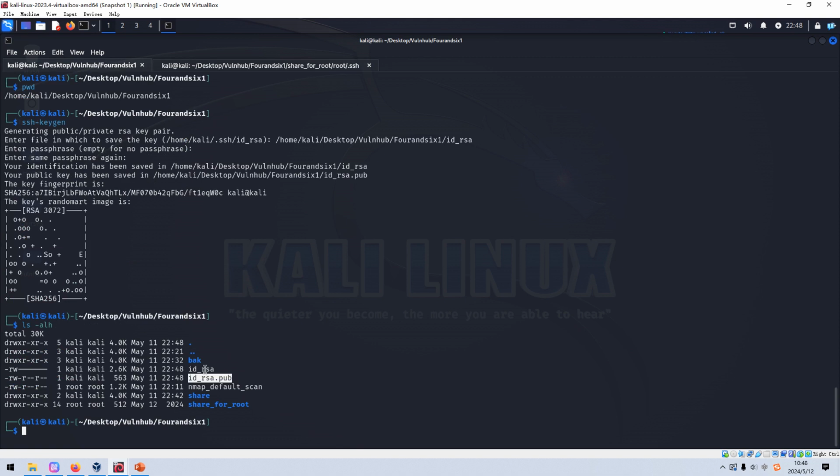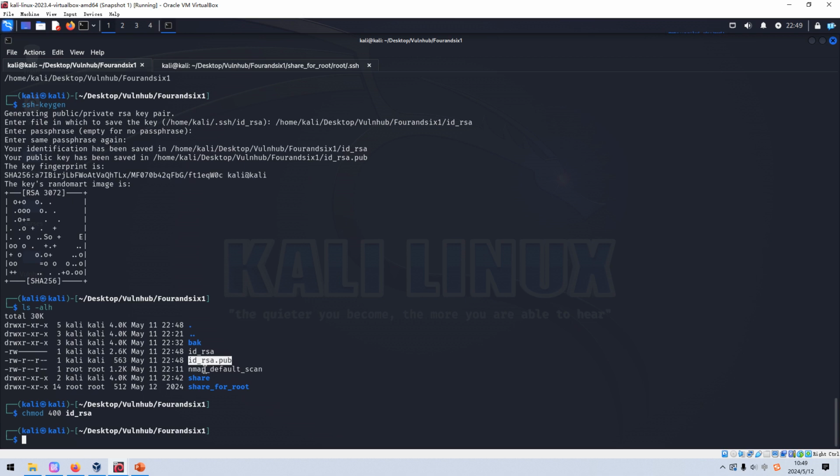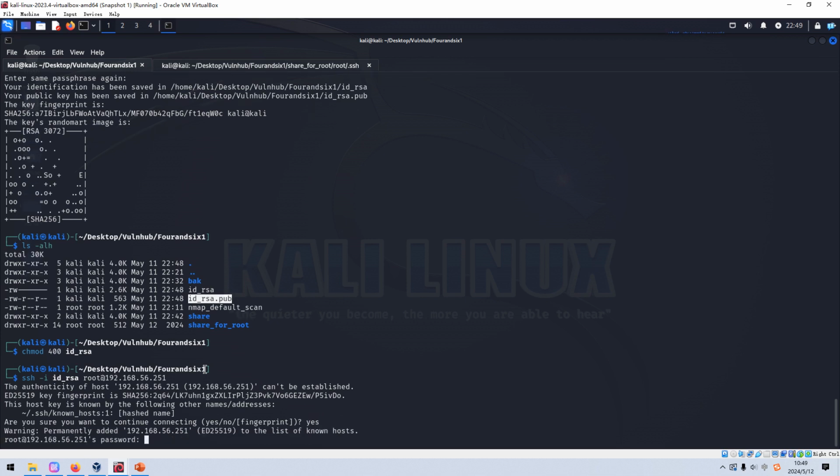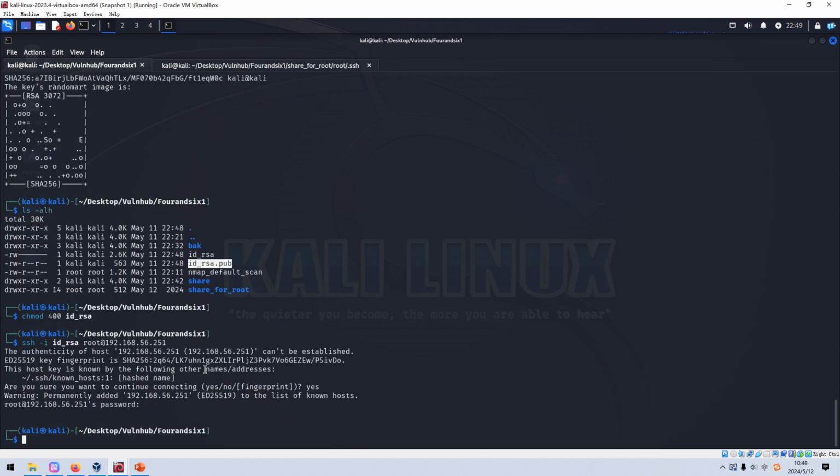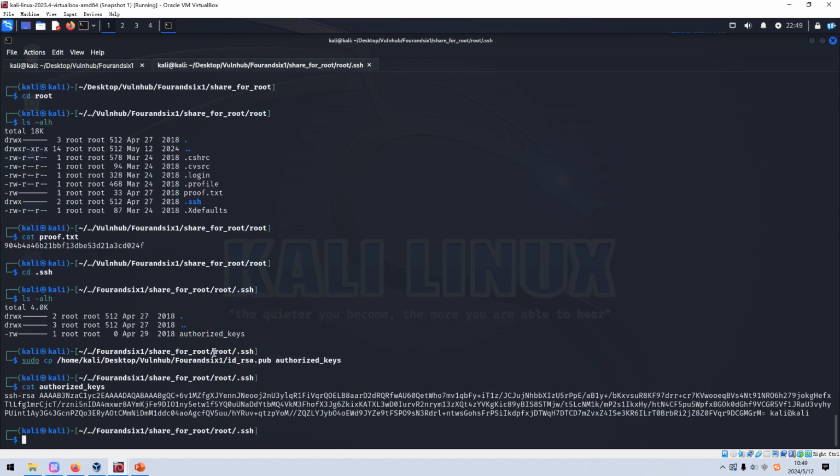So then I think we can log in to the target via SSH. Of course, we make sure the private key permission is set properly, and then we use ssh, specify the private key, root and the IP address. Yeah. However, we are still required to provide a password. It means that this private key is not working. So how to do? Because we can access the root directory,